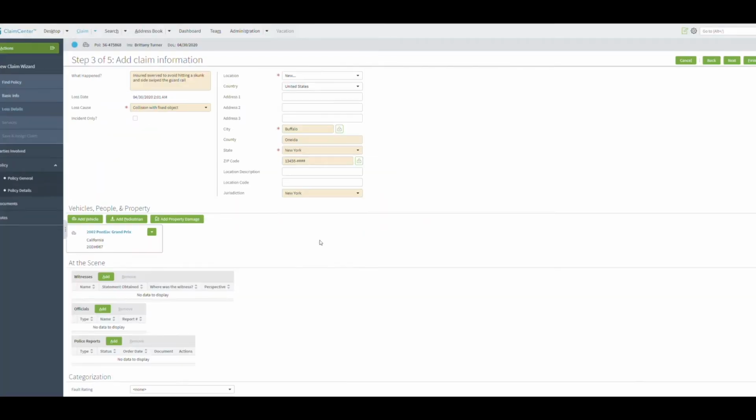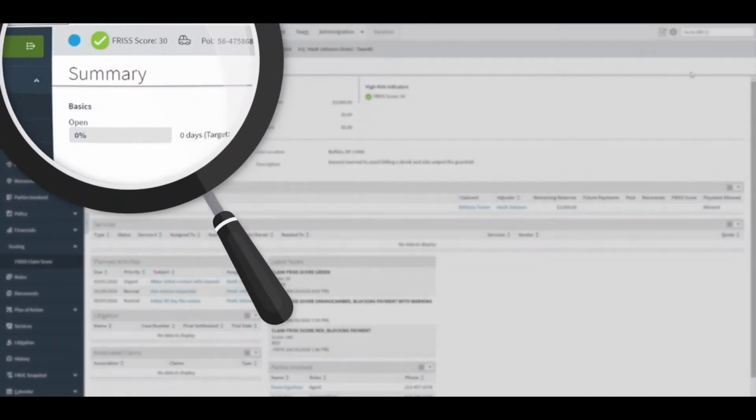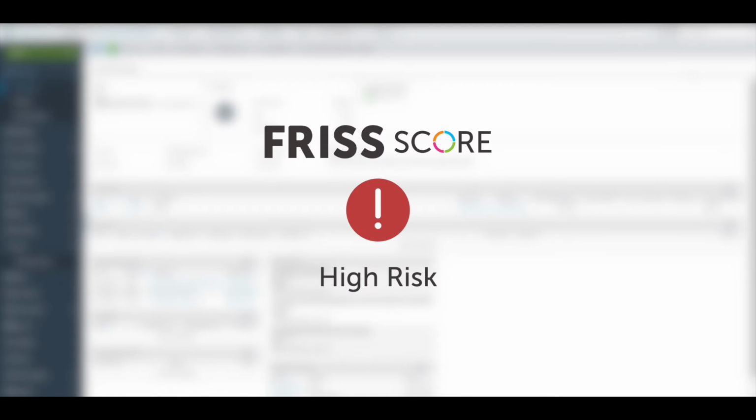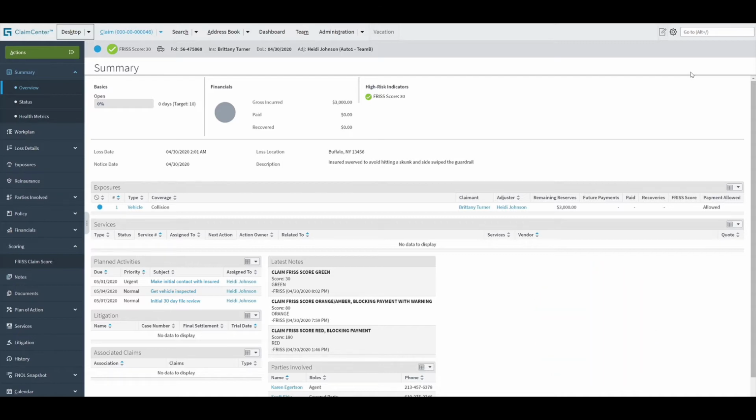When a claims adjuster enters a first notice of loss, a FRISS score, indicating the likelihood of fraud for each claim, is instantly shown at the top of the screen. A simple green, yellow, or red indicator gives you a straightforward risk indication, and a high FRISS score means something suspicious is found. The FRISS score is available in less than 2 seconds, giving the adjuster real-time, actionable risk indicators